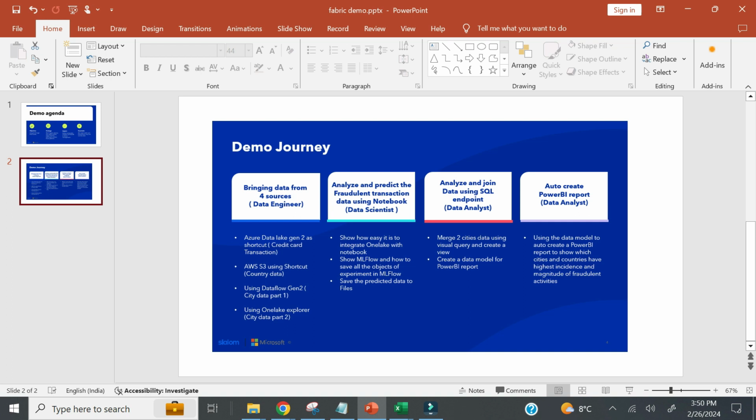The 4 different data sources are your data from ADLS Gen2, which has your credit card transactional data. Then we have another data set about the country specifics, which is in AWS S3. We have city data. City data is divided into 2 parts, and I will be showing you how to bring in data using Dataflow Gen2 and how we can bring data using OneLake Explorer. Once all the data is brought to your OneLake, and I'll show you what OneLake is, what your lakehouse is, then we will be using